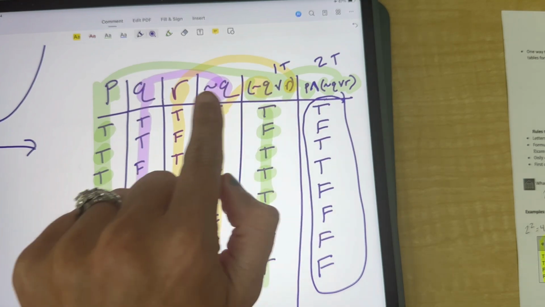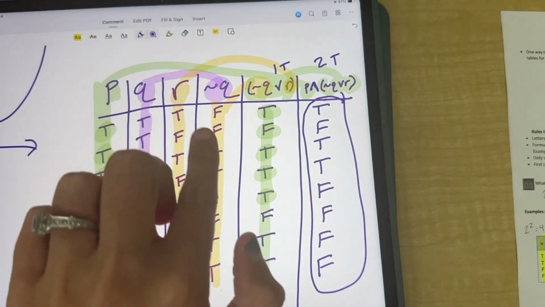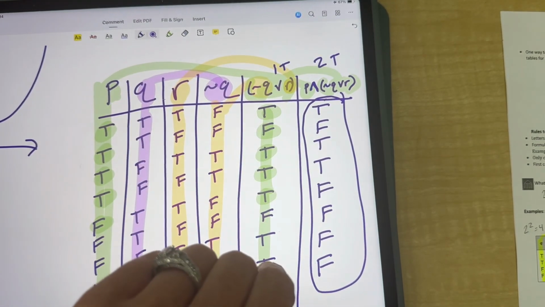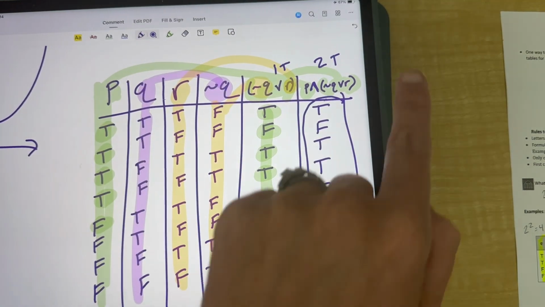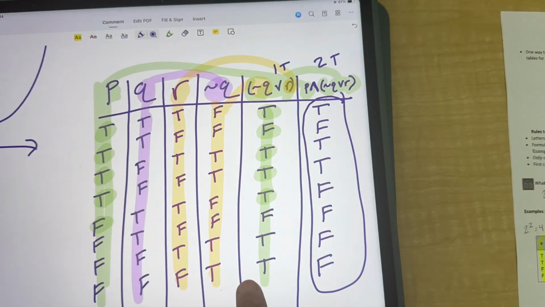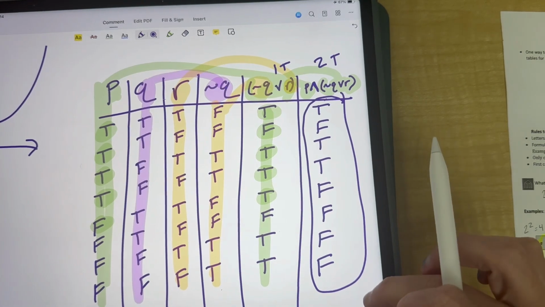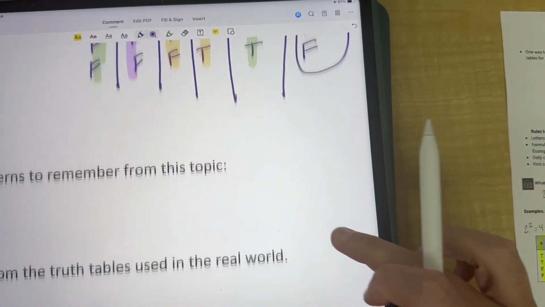And then I needed R, so I highlighted R in yellow and compared the 2 R columns to get this guy. And lastly, to find the final answer, I used P, so I highlighted P in green, and the parentheses right here, and highlighted those to get my final answer.